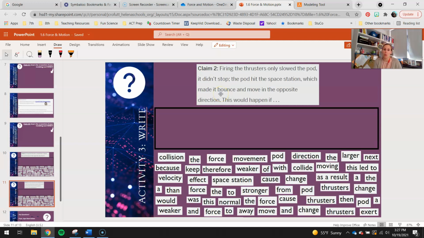So firing the thrusters only slowed the pod, it didn't stop. The pod hit the space station, which made it bounce and move in the opposite direction. This would happen if. So go ahead and finish that statement. Explain to me why claim 2 would have caused the space pod to only slow down, hit the station, and then move in the opposite direction. Again, you should probably have some good words like vocab, exert, force, velocity, stuff like that. Once you've constructed your 2 explanations for claim 1 and 2 with those little refrigerator magnet words,